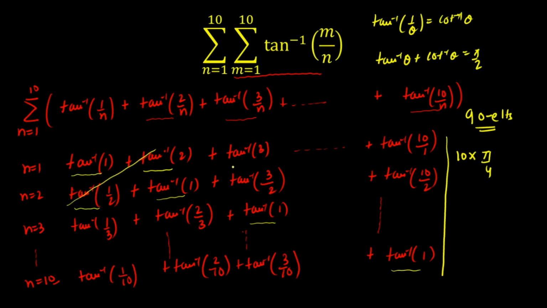Similarly, we have tan inverse of 3 in this entry, and one more entry, tan inverse of 1 by 3. Again we get the form tan inverse of theta plus cot inverse of theta, because I can write tan inverse of 1 by 3 as cot inverse of 3. So again the sum of these two elements is pi by 2. Now in total we will see the pairing of 90 elements. For each pair I'm getting pi by 2. How many pairs are there for 90 elements? There will be 45 pairs. So I'll write 45 into pi by 2 for each pair. So the total sum will be 25 pi. So that will be all for this question.